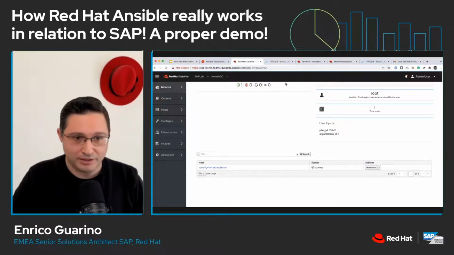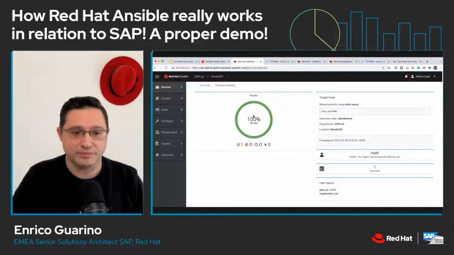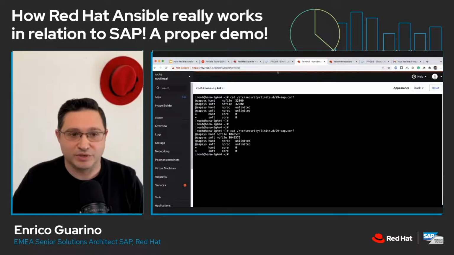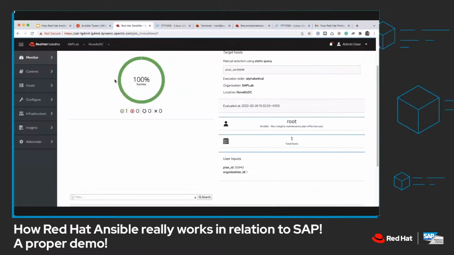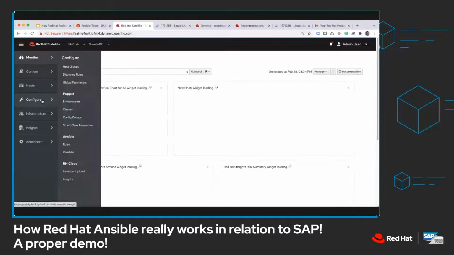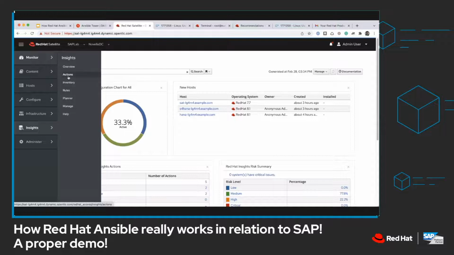So meanwhile, we can also have a look. Okay, we have 100%. So we also have the green light from Satellite, and we also checked all the changes at the operating system level.